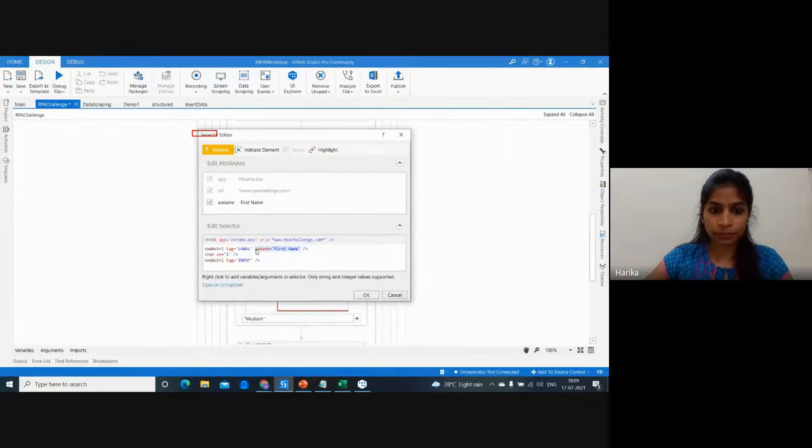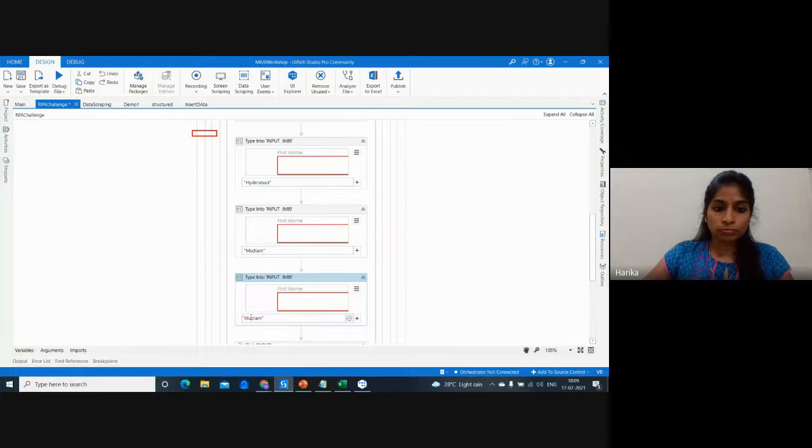It's the same, but make sure that it's not wrong. So we have taken 4 attributes here, 4 values, and we are going to type them. I will just run the file and it will execute, before which I'll just close it.